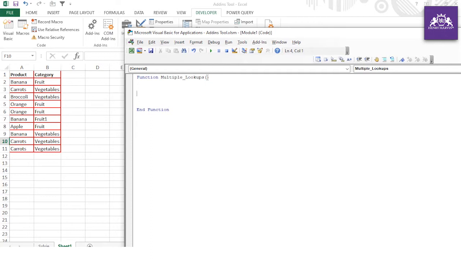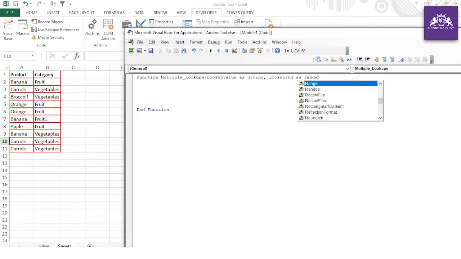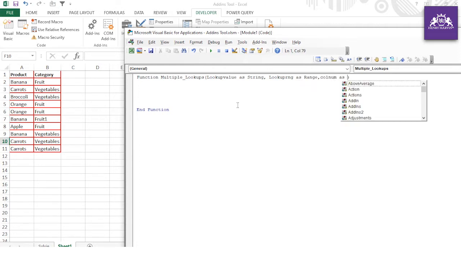Before that we have to use the lookup range. Let me write lookup value as string, because banana is a string, then lookup RNG as range, and then column number, column as integer.